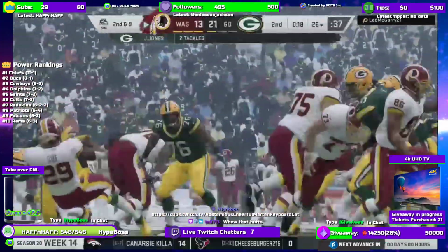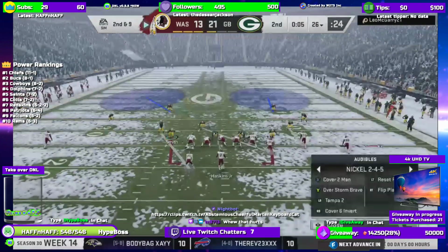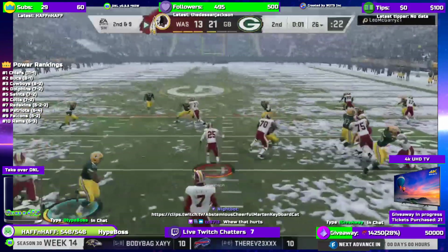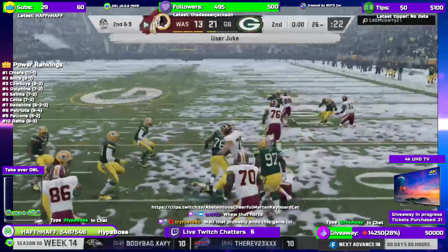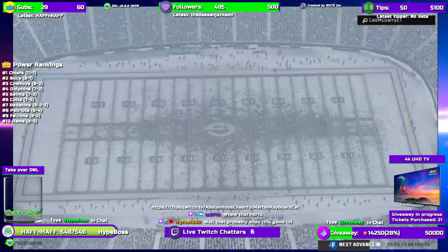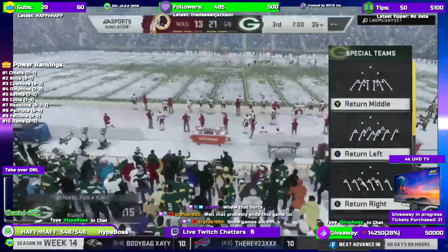It's something that's been done many times before. A lot of people say it's not even worth trying, but I'm running a draw. I'm running a screen. I'm seeing if something pops, and if it does, that can alter my strategy and potentially get me some points. And if it doesn't work, well, then you just run the clock out and go to the locker room. So we have reached halftime here in what's an 8-point game as we send you down to